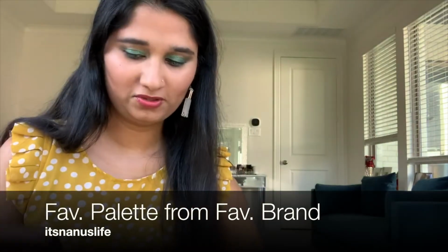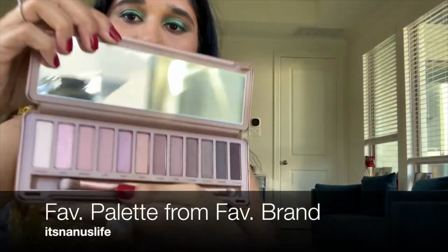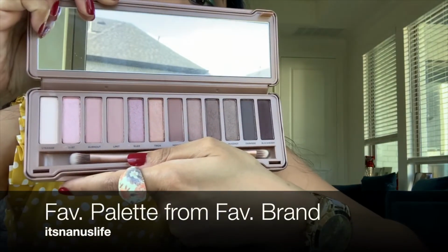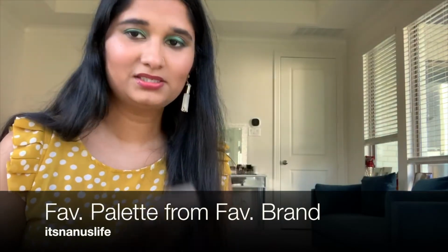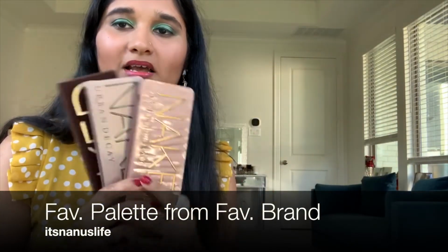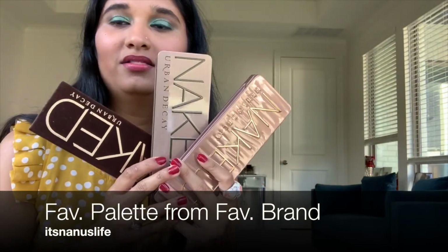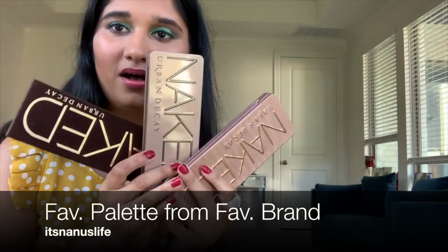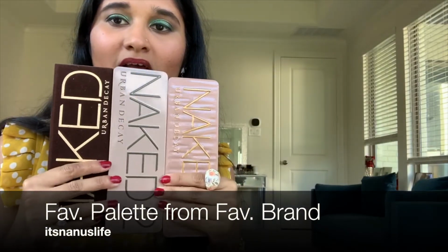Let me show you the 3 because I think I've shown you guys 1 and 2 already, and I'm sure you guys are familiar, but this is Naked 3 Rose Gold Edition. I think these palettes are a classic. I remember they made the YouTube beauty community. The start of it was because of these palettes, the hype of buying palettes,